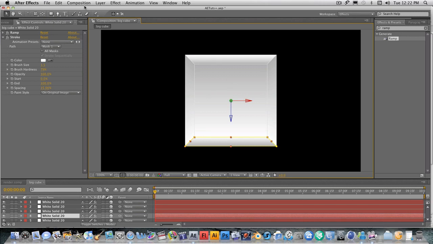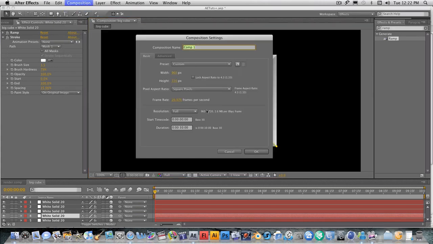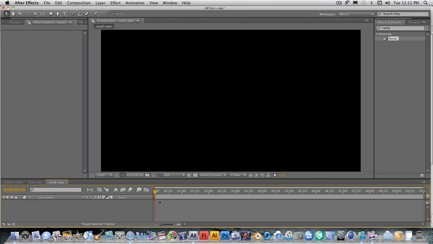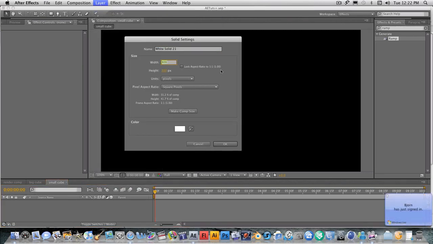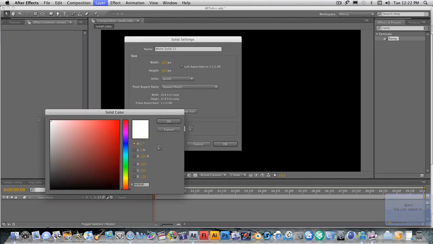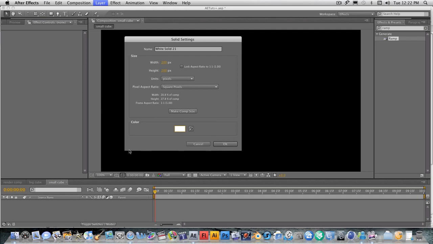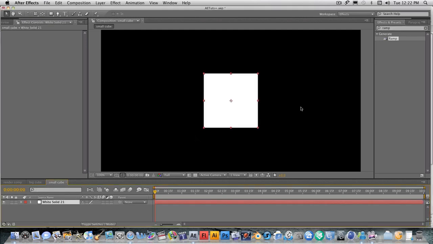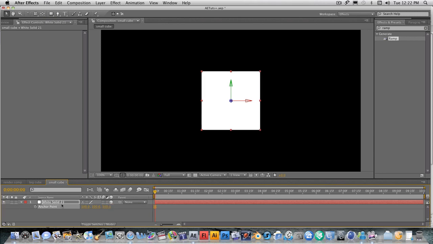Next step is to create a new composition, same settings, and change this to small cube. Click OK. Then what we have to do here is to create a new solid, and this one is going to be 200 by 200 square pixels, same color as the first one we did with the big cube. White, click OK. Then you have to make it 3D. Press A to display the anchor point options and change this value to 100. Duplicate it